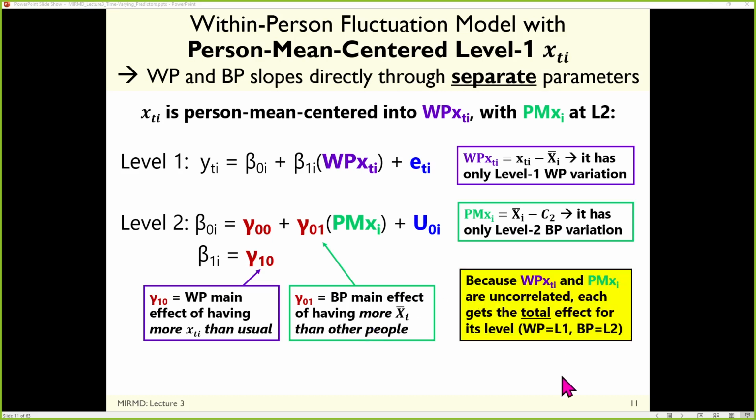And because each of these variables is going to be uncorrelated with each other, their slopes stay the same regardless of whether the other one's included. That's why I like this, because you can't screw this up. You set up your variables ahead of time so that you know what they mean. You put them each in. You put one in, it's the within. Put the other in, it's the between. The end.